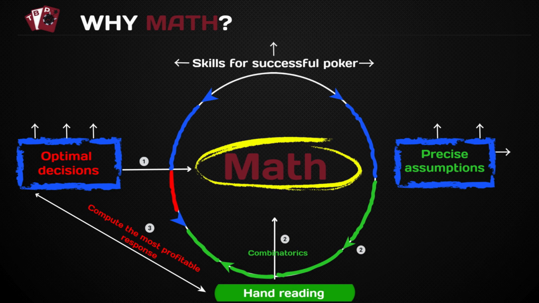Now back to precise assumptions on the right side of the graphic and how math is having an influence here. Precise assumptions come in poker from what is called hand reading. Some of you might have already heard this term before, but for those who have not, hand reading in poker describes the process of putting your opponent on different hands or a range of hands. I know it is a little bit dicey when you define one term by introducing another one, but if you do not know or want to know more about